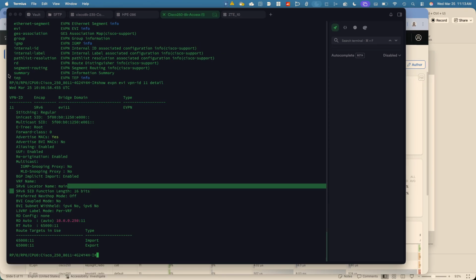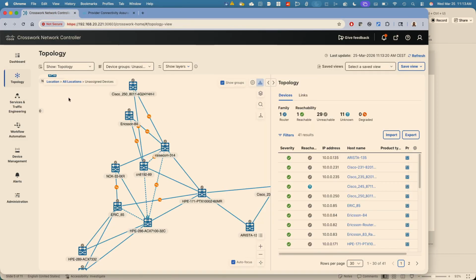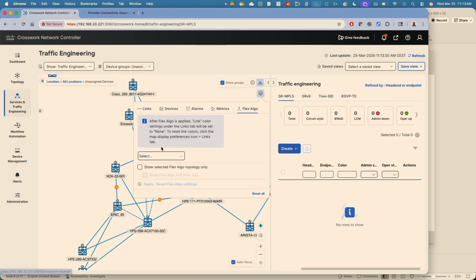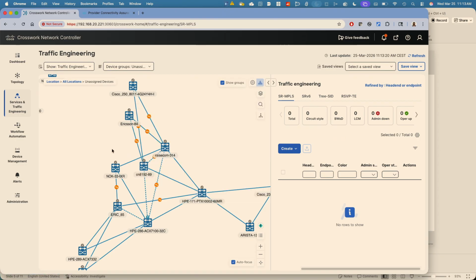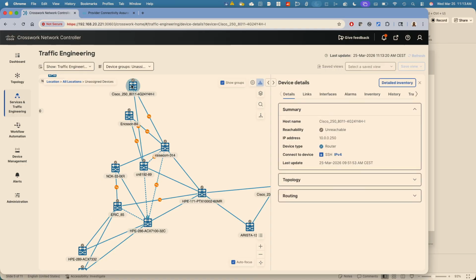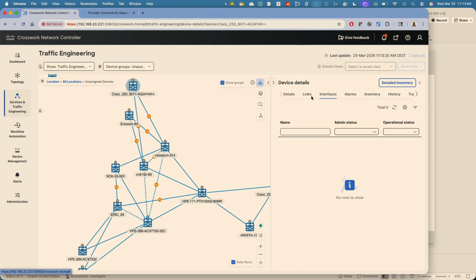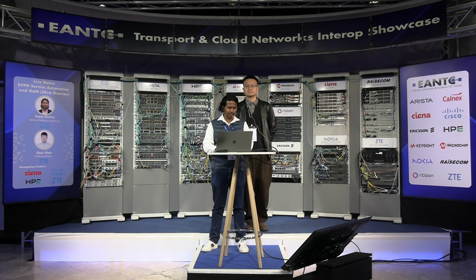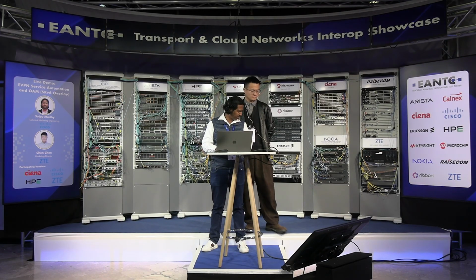All this data that we have orchestrated is also available in the crossroad here on the topology screen, where we use the same VPN services and endpoints to show the FlexAlgo, which is the locator main, or FlexAlgo 128. This node information is propagated through the service. For every service in the details, we can look at the interfaces, the links, and the links that are advertised or collected between the IPv6 L1 domain, because as we showed in the topology, this is purely an L1 domain connectivity on the network.